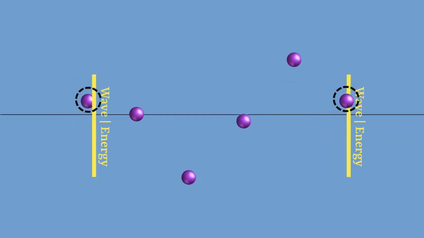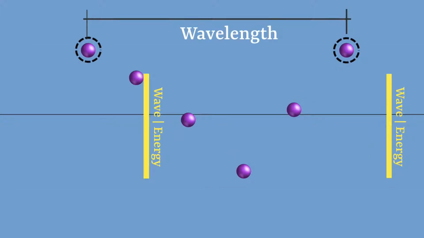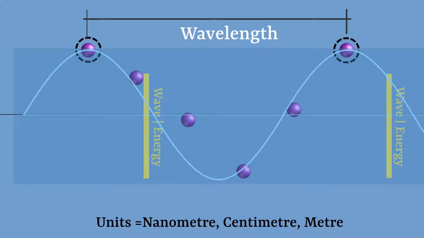Part 2. What is the length of a wave? The minimum distance between two points that are at the same phase is called wavelength. This distance also equals the distance between two consecutive crests. Wavelength is measured in meters, centimeters, nanometers, etc. In the given diagram, the wavelength is 2 centimeters.